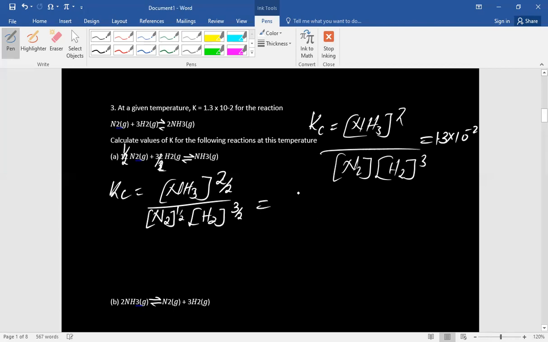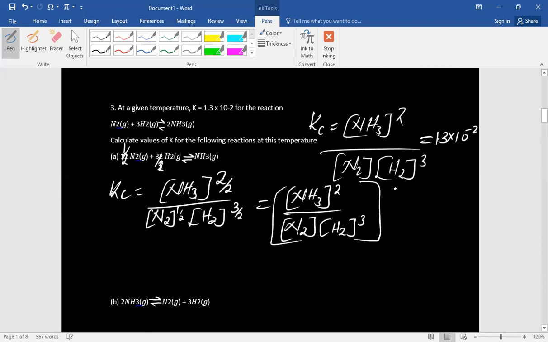So which means that here we have the concentration of NH3 to the power 2, N2 to the power 1, and then the concentration of H2 to the power 3, and then we're multiplying everything by half, because 2 times half is going to give us 1, and 3 times half is 3/2. Then 1 times half is half. So that's how these come, which means that what is inside here is our Kc. So this is just the Kc to the power half, which means we just have the square root of Kc,